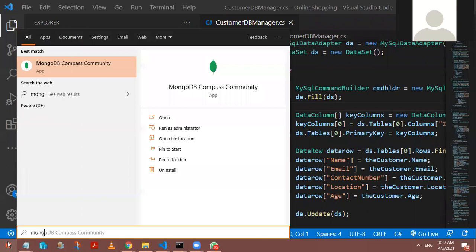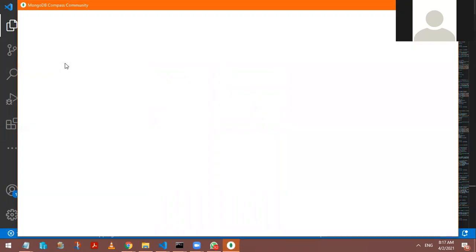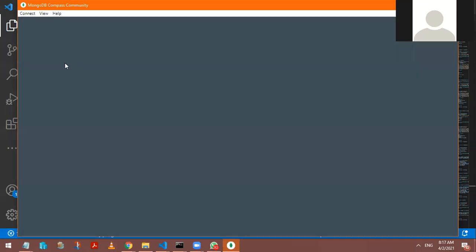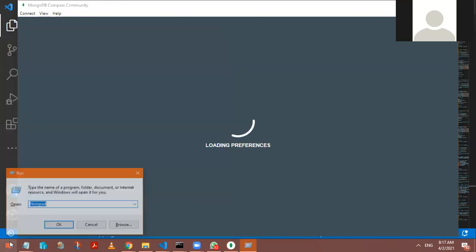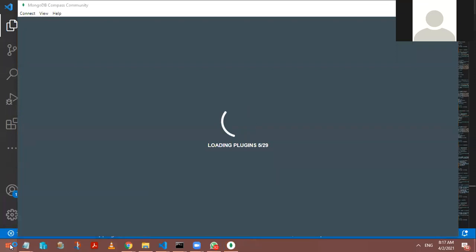So you can always install this MongoDB Compass Community, which is a free edition available. Correct. So when I try to access the MongoDB Compass utility, provided this MongoDB server is running on your computer, you can always check whether the installed MongoDB is running or not. How do you cross check? You can always go back under the start run option if you're using Windows. Start run. Use services.msc. Service Control Manager.